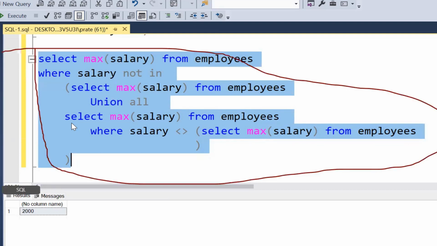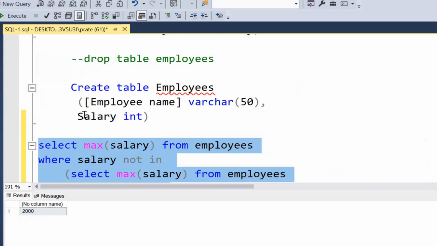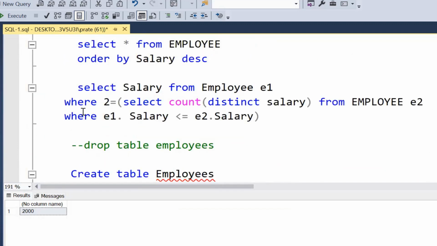ठीक है? ये बस एक लॉजिक समझाने के लिए आई वेंट थ्रू, ताकि तुमको एटलीस्ट क्वेरी कैसे लिखते हैं हम लोग, क्वेरी का क्या क्या हिसाब किताब होता है, कैसे कैसे हम लोग डिफरेंट डिफरेंट लॉजिक लगा सकते हैं, जस्ट टू गिव यू सम अंडरस्टैंडिंग। वी वेंट थ्रू दिस, ओके? बट तुमको इसका जरूरत नहीं है। जब भी थर्ड मैक्स चाहिए ना, जो ऑलरेडी तुमने लिखा, ऊपर चले जाओ, ये वाला आराम से लिख सकते हो। इसमें थर्ड लिखो 2 की जगह, एंड रन करो।